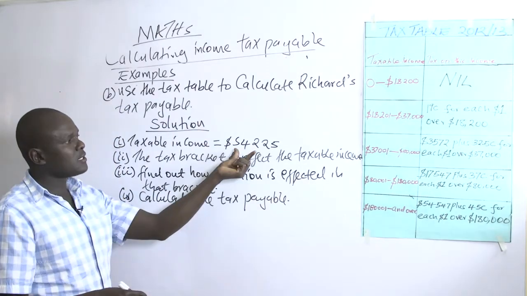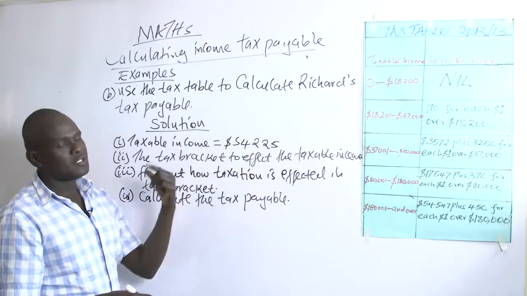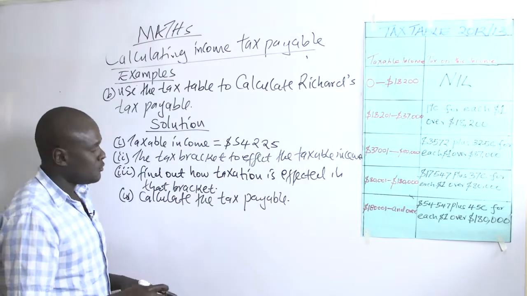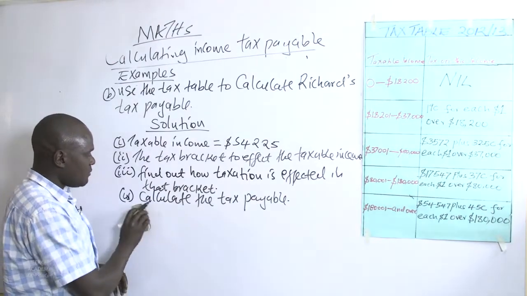When you look at this particular amount, it is above $37,000. So for us to get the income tax payable,